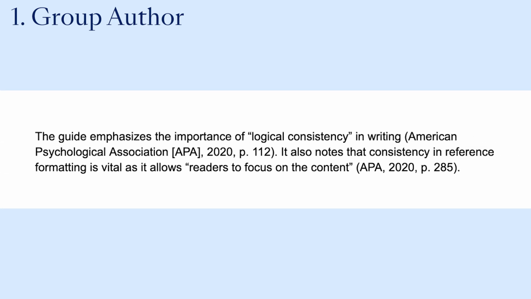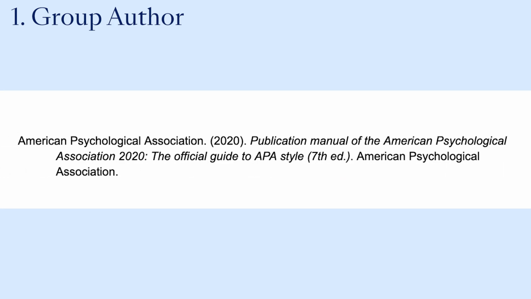If a group author has a long name and you need to cite it repeatedly, you can abbreviate it on your first citation. You can then use this abbreviation in all later citations. But make sure to use the full organization name in your reference list entry. What about if a source truly has no author to name? While this may be rare, APA style recommends using the title in place of the author name in this case.